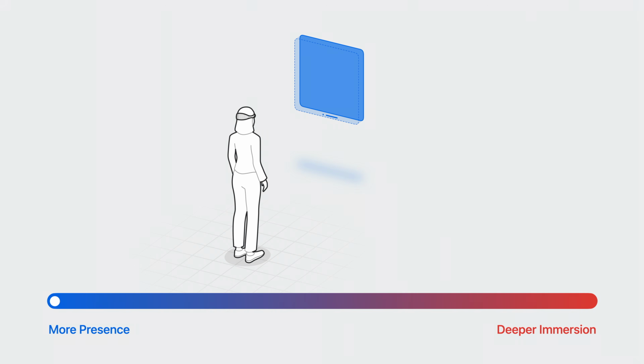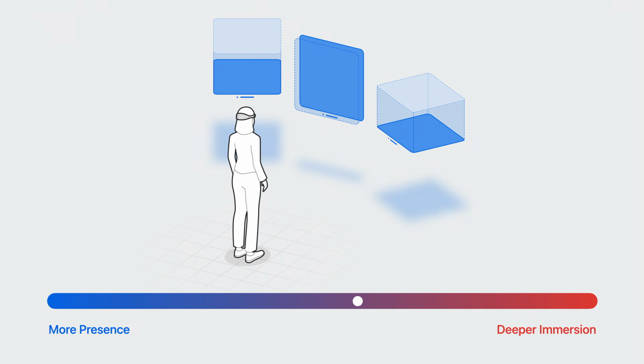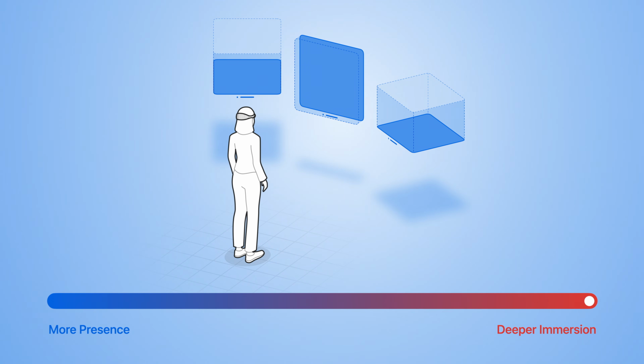You can choose to present one or several windows in a shared space, allowing people to be more present. They can see pass-through, and have a choice to have other apps side by side. Or you can choose to increase the immersion level by having your app take over the space entirely. Finding the most suitable elements for your app's experience in a given moment and flexing between them is an important consideration when you design your app for spatial computing.